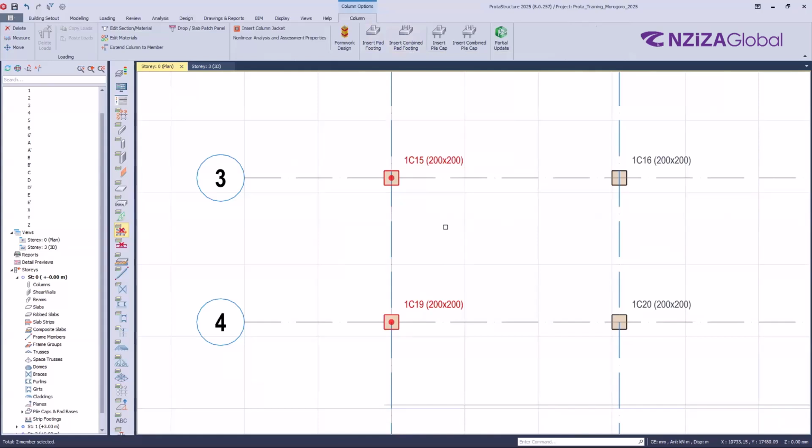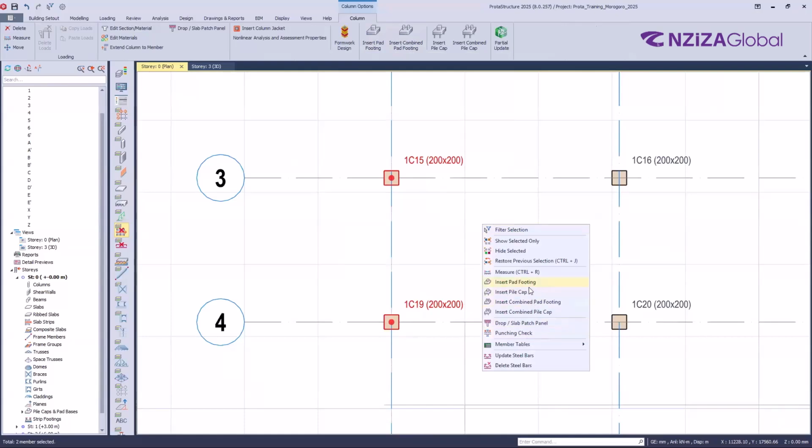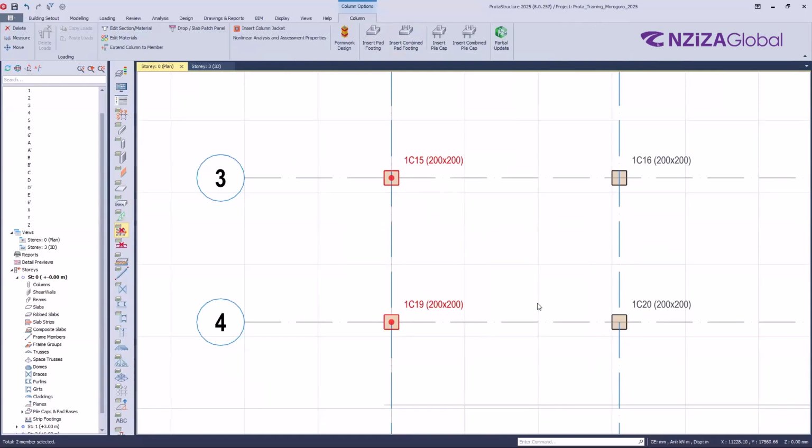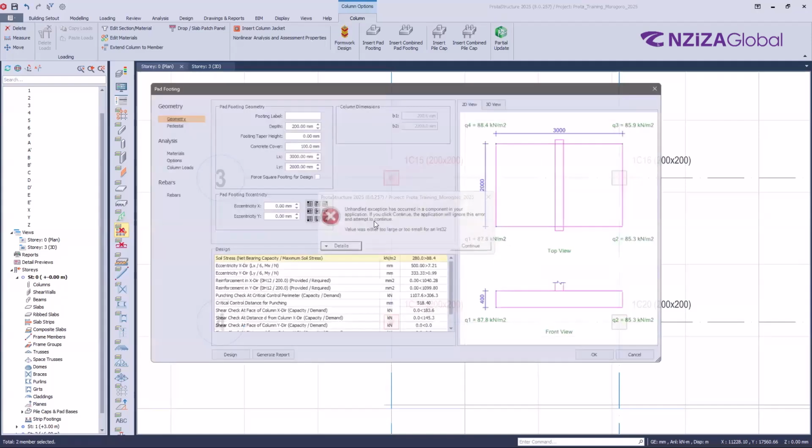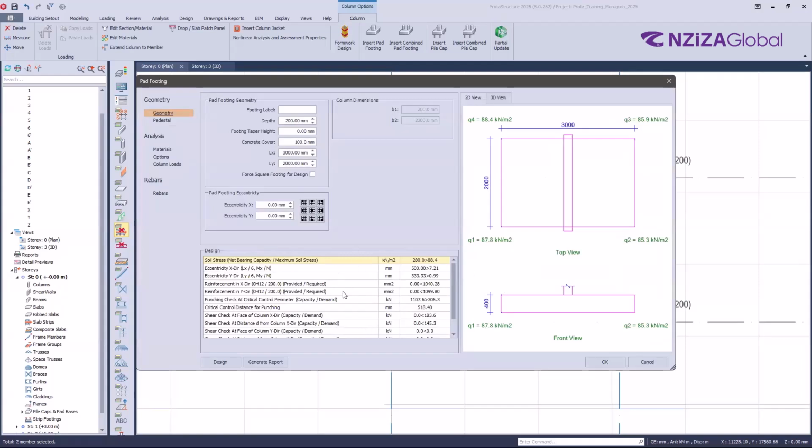The same, even if you select both of them and right click, you'll be able to see also insert combined pad footing. Okay, so in that case, if we click on insert combined pad footing, you see it is trying to give me an error for my case because I have a very long distance here. So actually I should not put a combined. But if I ignore the error,